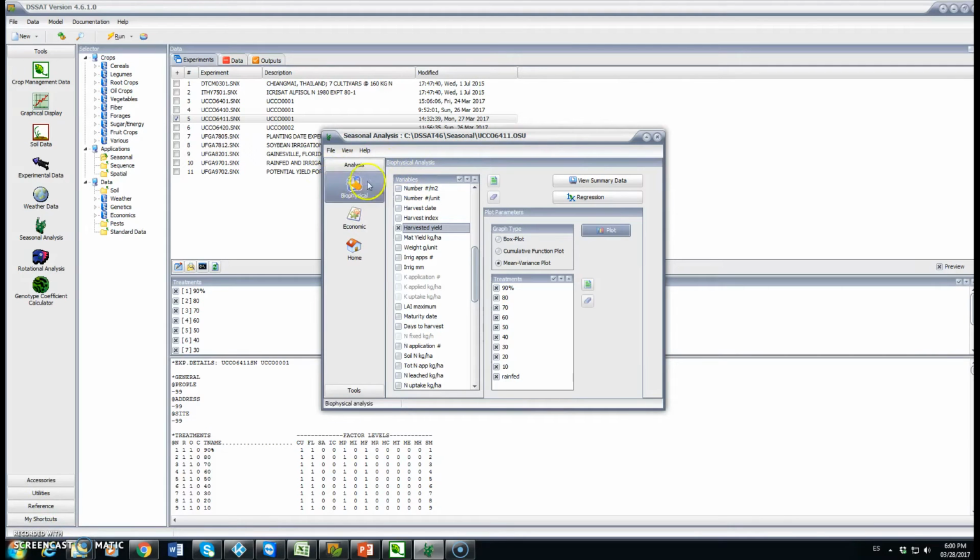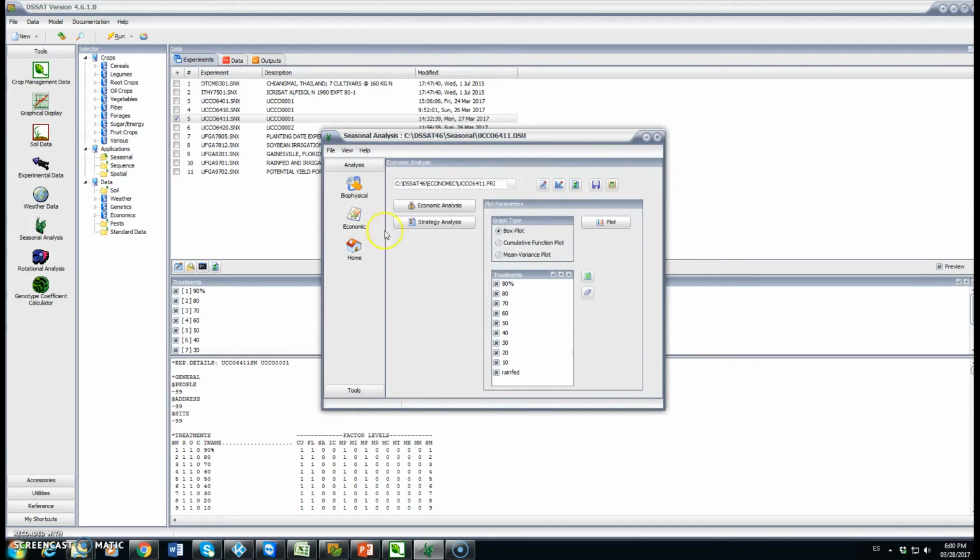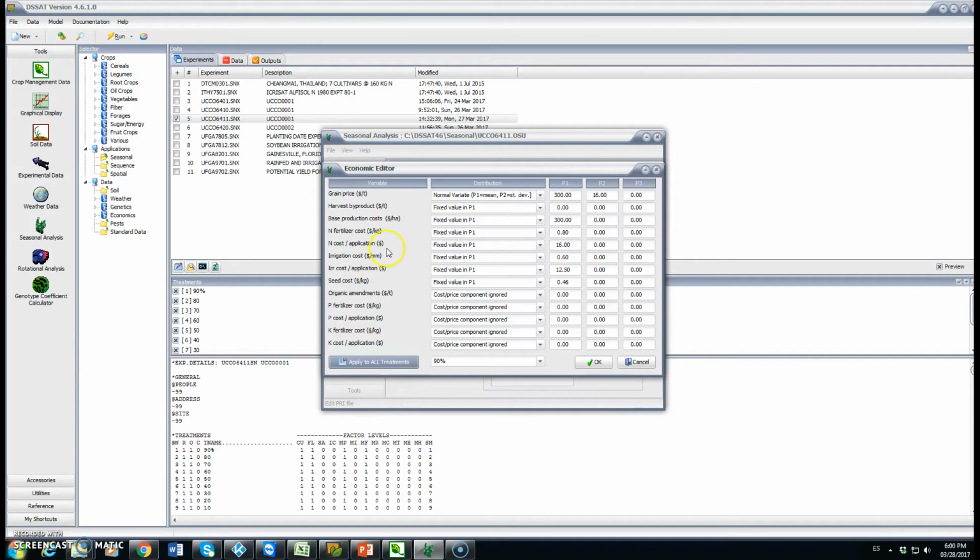Apart from the biophysical analysis that we can perform for the different variables that have been originated running the model, we can go to economic analysis. And in economic analysis, we can also plot the box plot, the cumulative function and the mean variance. One important thing here is that we can edit the prices file. Click here, and we see a table where we can modify the grain price,